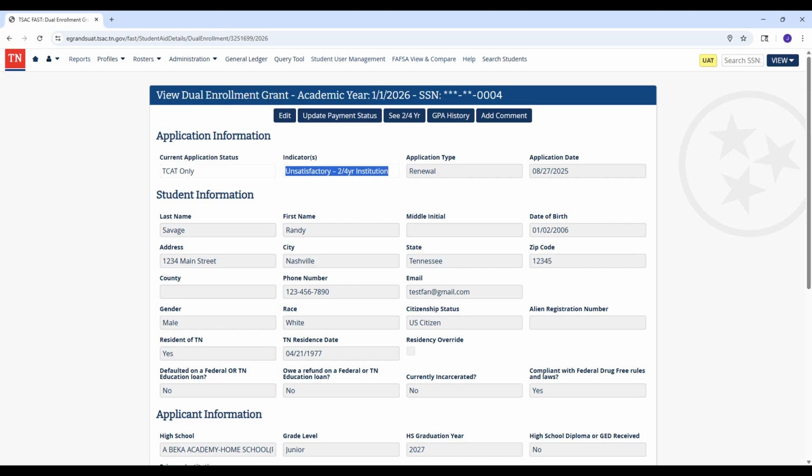We also have new ineligible reasons for maximum assistance at a 2 and 4 year school, along with maximum assistance at a TCAT. And I do want to point out, this is something new. We don't see it with other programs, but the student has a technically eligible status for DEG. It may be TCAT only, but they do have an ineligible reason. In the past,